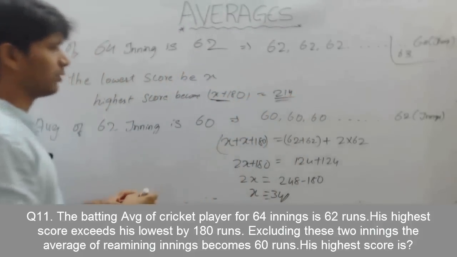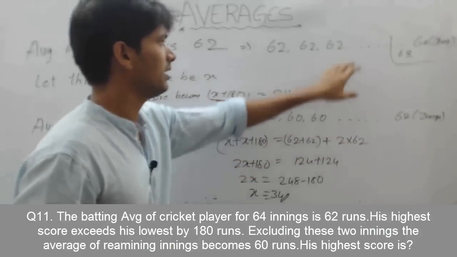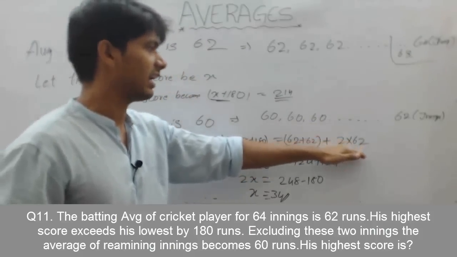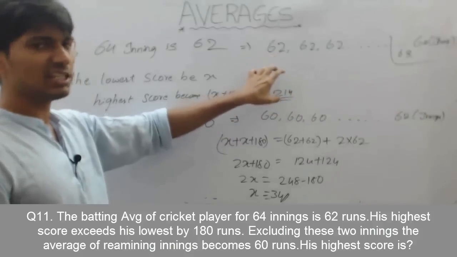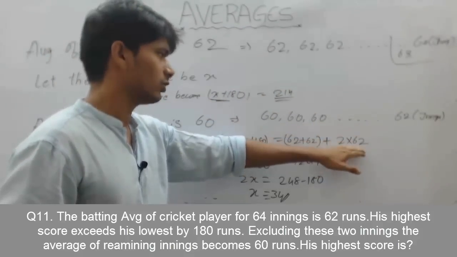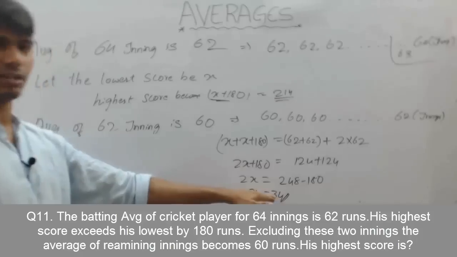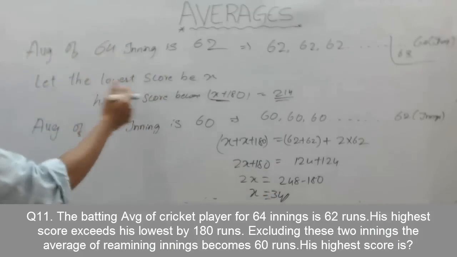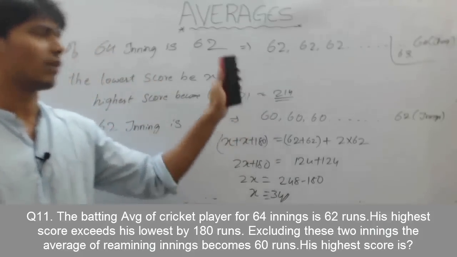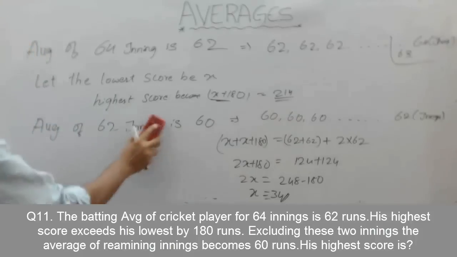So without using the pen, you can directly solve. So you can avoid this step. That means 2 innings are left. That is 62 runs. 62 run innings are being taken out. And again he has reduced to 60. That means in each innings 2 runs are being reduced. In how many innings are 2 runs being reduced? In 62 innings. So this total is equal to this total. Now if you do this, you are going to get 34. X is equal to 34. If you follow the conventional method, the calculation part becomes a bit tough. So instead of making the calculation part tougher, you can take this approach. So now let's move to the other question.